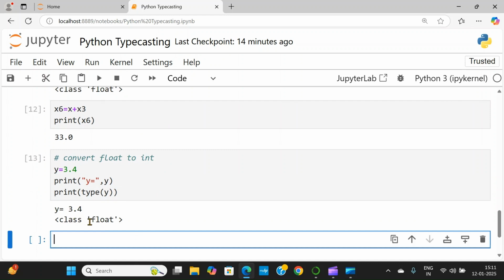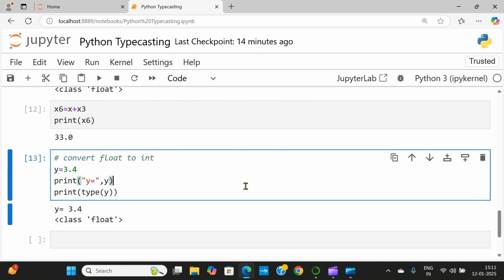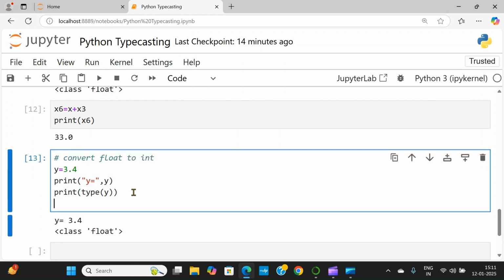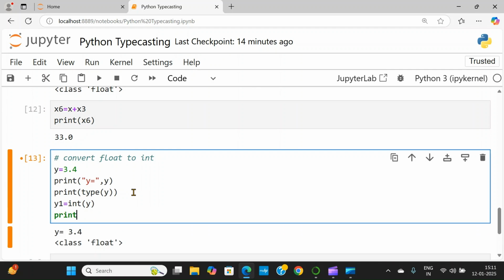You got 3.4 as a float, but I want to convert this to an integer, right? So I go for y1 equal to, we have the int function, right? Int of, you put the y variable you want to convert,